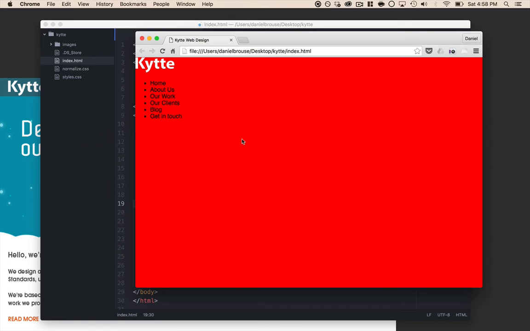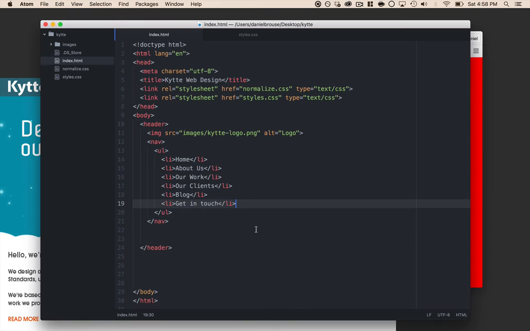Refresh. Cool. This is a good structure. I mean, this is essentially the semantics of what the actual structure is. We've got an image and we've got a list of links, but they're not actually links yet. We've just done them as li items. So you guys remember how to do a link? It's an anchor tag. So we do a href, and we want to link this to the home page, which